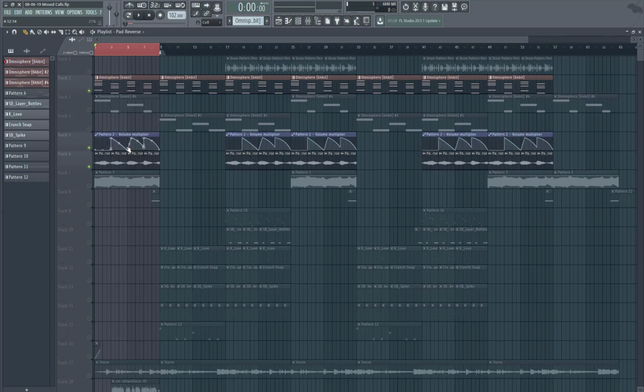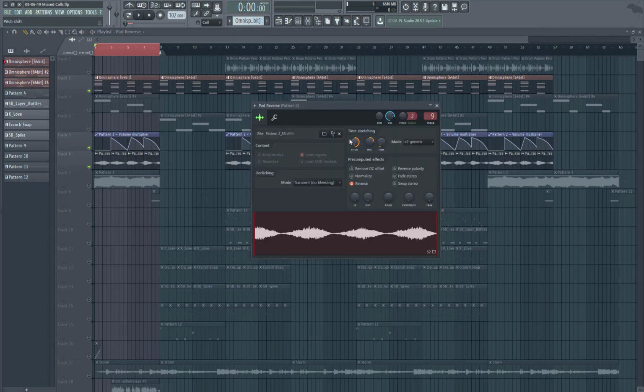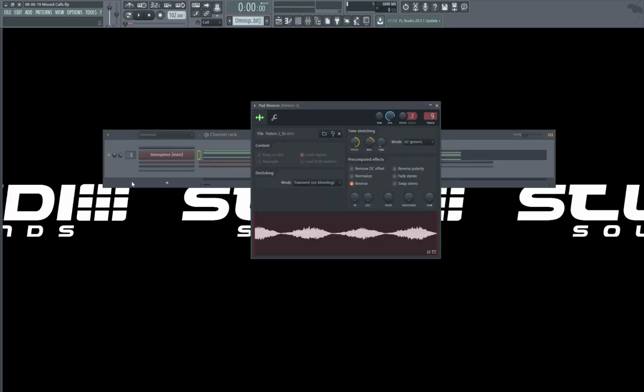Then I went ahead and I added a volume envelope to this. As you see in the beginning, it doesn't even play, and then just kind of fades in and out through the track in just ways that I thought would sound good. The other thing I did to that was I pitched it up 1200 cents, and then I assigned an effects channel to that actual pattern, which was a 9, and